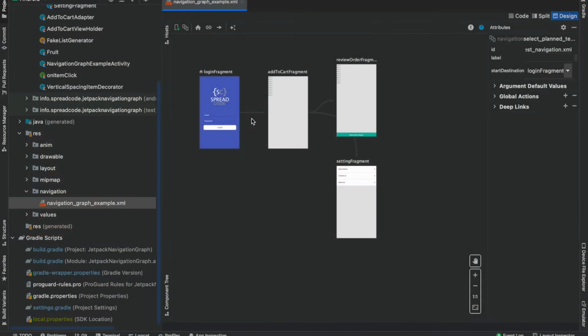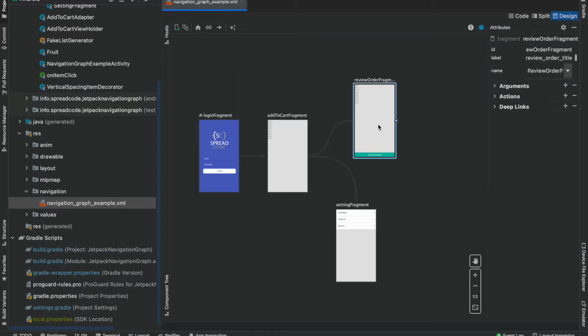Navigation graph is one of the modern ways to design and create Android apps, where you can create just one activity and add multiple fragments. Basically, you can create the flow of the whole application through the graph, and then use these fragments in the code. It gives you better control and better visualization of how your application flow is.